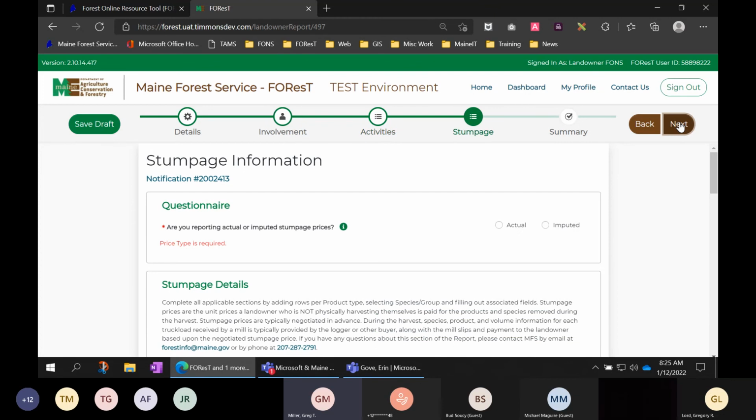That's all I see. All yours. Okay. So the stumpage section is the next step on this path of completing a landowner report, and I'll point out now that this is prompted if,